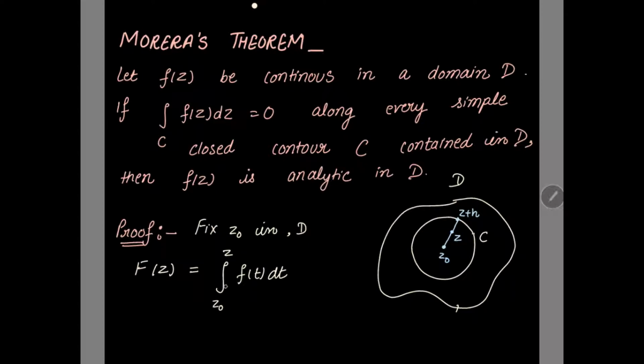If the integral depends upon the initial and terminating point, then this integral is independent of the path followed, right? So this f(z), because we have fixed z0, the integral depends upon the initial and terminal point, so this integral is independent of the path of integration